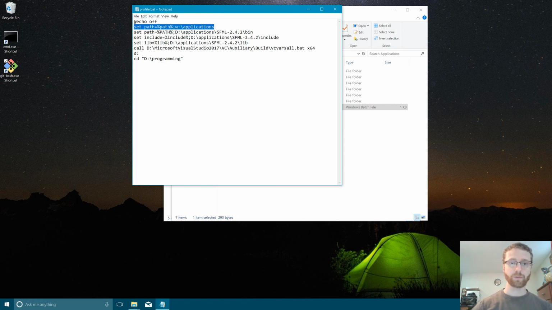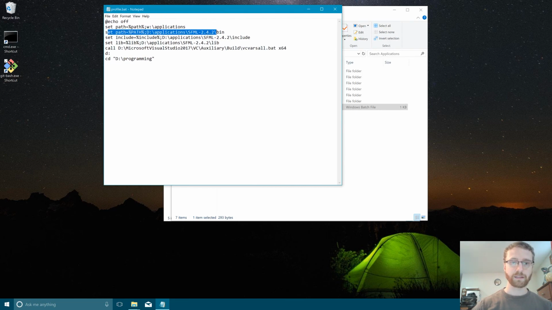And then we want to set our applications path. I have two set up because I have a mapped drive to the W drive as well, but you don't need that. You can just use perhaps C applications. I have SFML and things like that set up, but you don't really need that. Really, all you need is echo, and perhaps to set a path like this for C:/applications. But one of the most important things will be this call function,